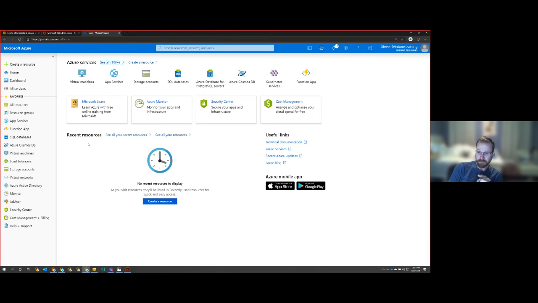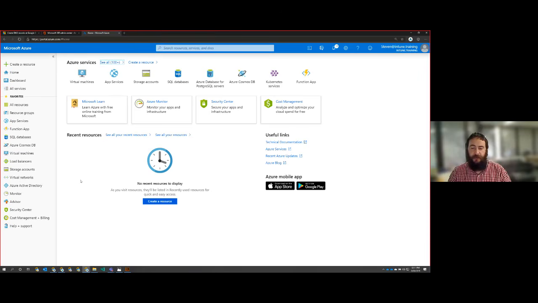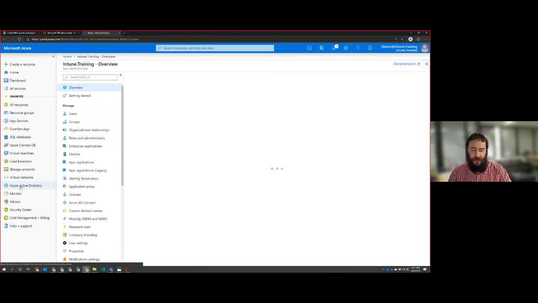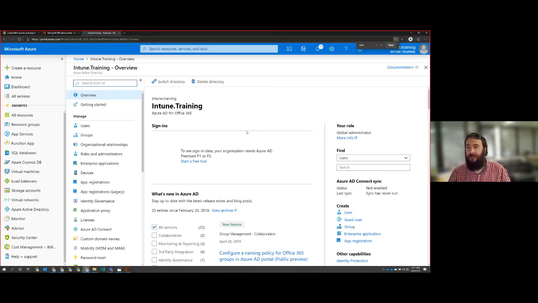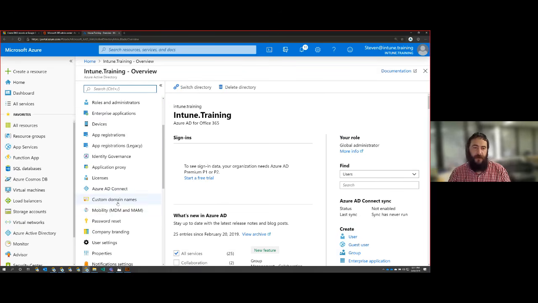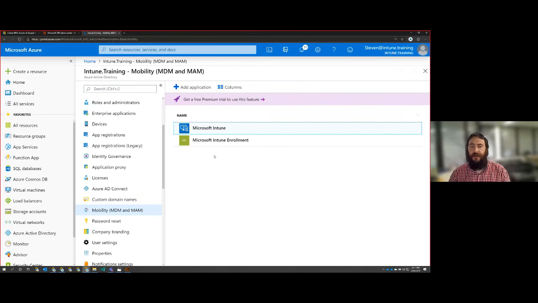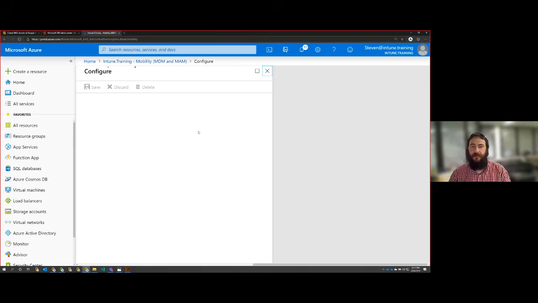Yeah, so I have one more thing that I'll add in there, Adam, if that's okay. Yeah, go ahead. The last thing that we're going to link between our tenants, being AAD and our mobile device management platform, is in AAD in the Azure portal. Let me just zoom in a little bit more. You have this mobility option here. We need to select this, and we need to select,